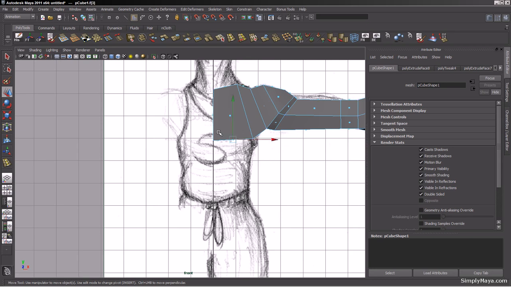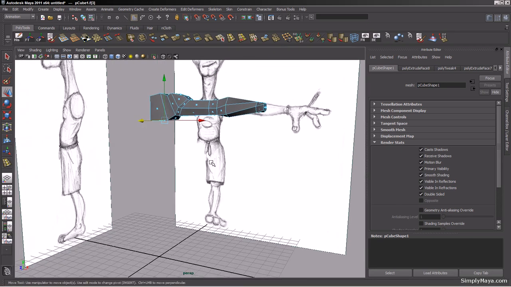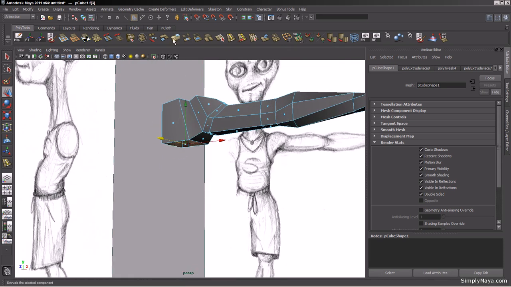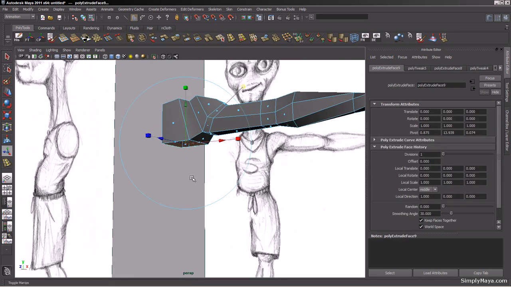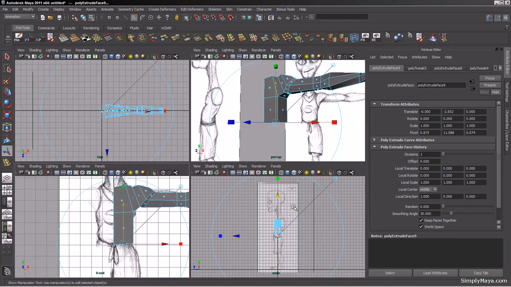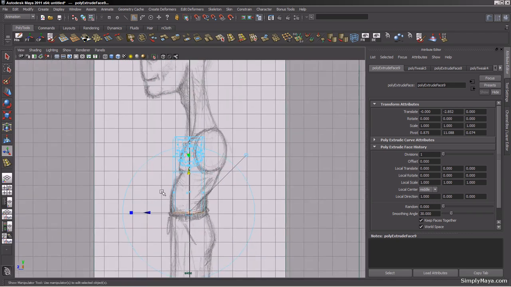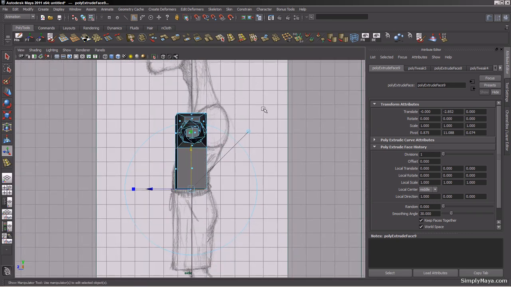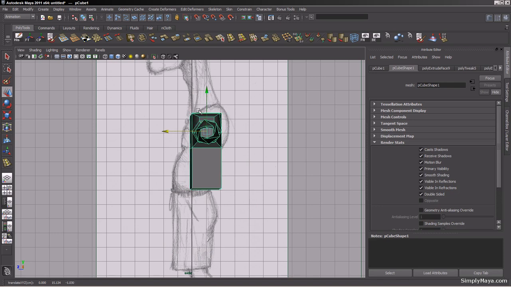So I've just selected the lower part of that chest there. Okay, and we're going to do another extrude. Let's just centre that up. Okay, I'm just going to bring that right down to the waist. It's probably a little bit too far. And I'm going to jump into the side view. As you can see here, we're way off our model's sort of centre for the arms and stuff, so just going to move that stuff back to around there, and then I'm going to grab those verts to about there,